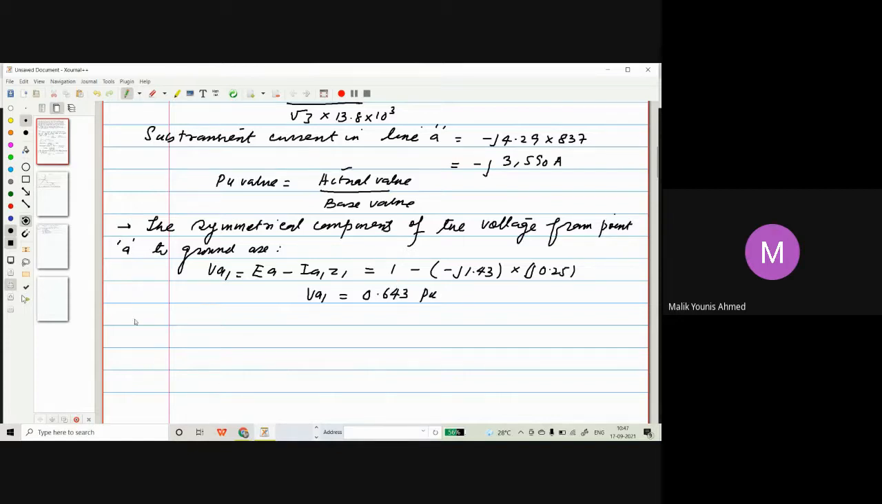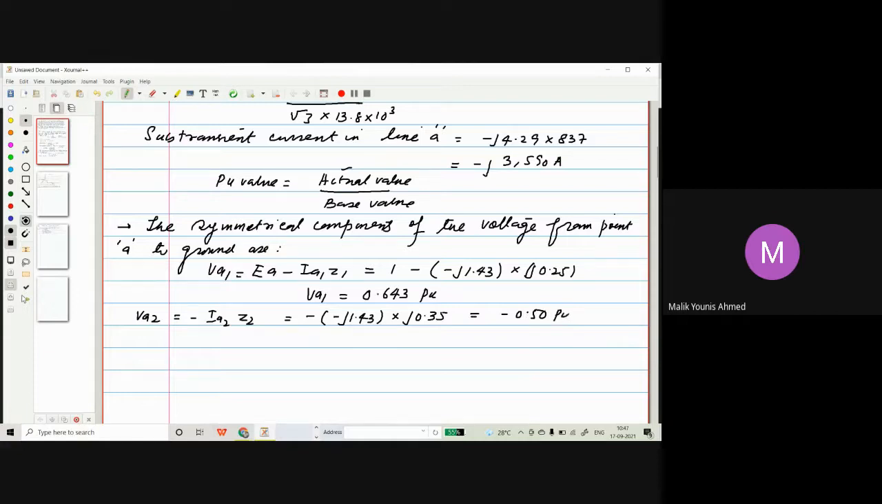Now VA2, that's the negative sequence voltage, is minus IA2 Z2. But in the case of a line to ground fault, IA1 is equal to IA2 is equal to IA0. All three are the same, equal to IA by 3. So we can use the IA1 value here: minus j 1.43 multiplied by Z2, which is 0.35, and that value will come out to be minus